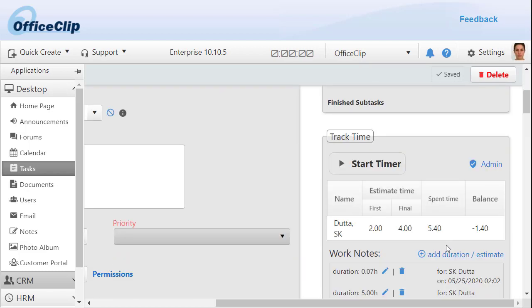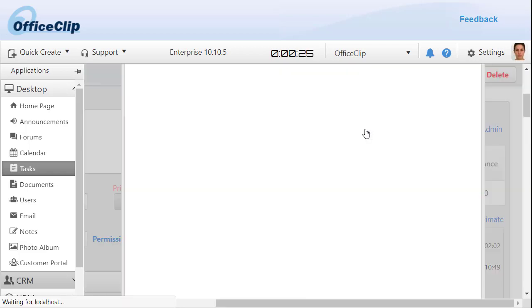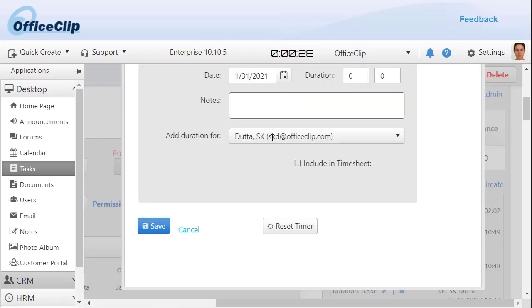In addition to this, you can track time for the task. If you want to track the time, you just start the timer from here, and as you can see here at the top of the screen, there is a timer which starts running. Now you can see this timer anywhere else. You can see the timer from any application, and if you want to stop the timer, just click on it, it stops. This time is recorded over here. I can also stop the timer from here. So I'm just adding a note, time.